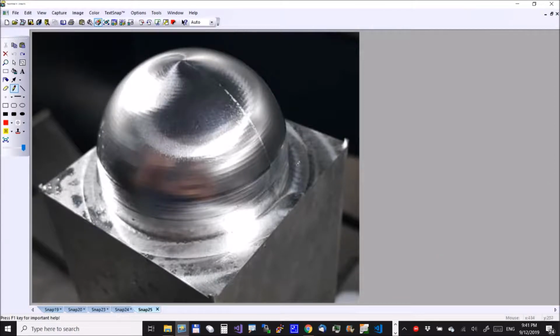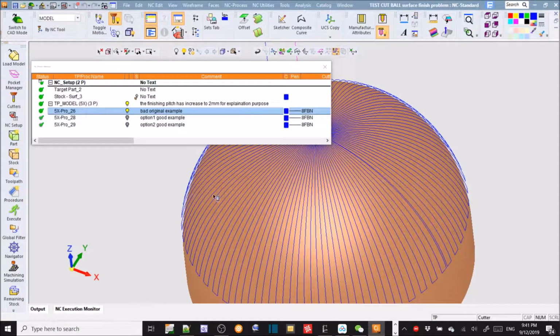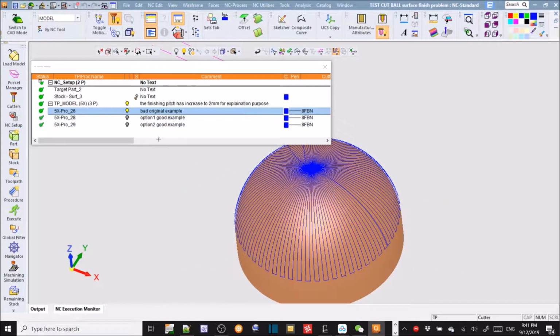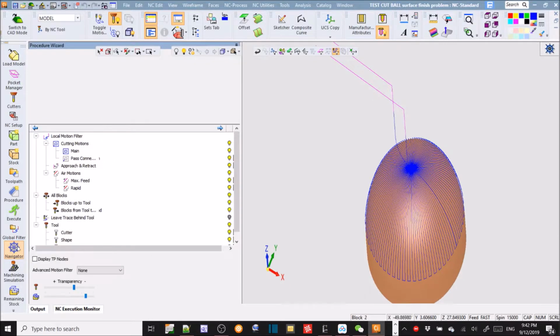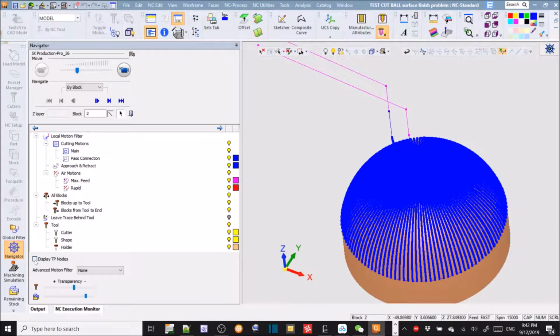Next, I will explain why the surface texture over this area here, especially, is very bad. You can see some steps, right? Very bad. Why? Let's look at the Cimatron file, and this is the original two-part. I'm going to show you the navigator, and let's look at the points,